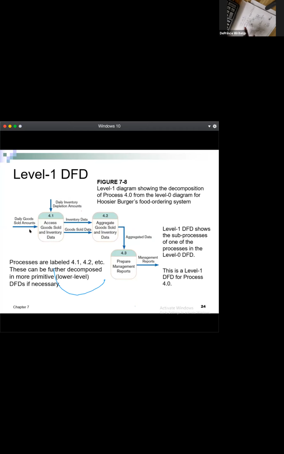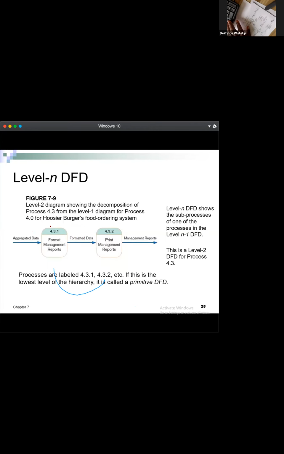You can also break this down into DFD level 2 if you feel some processes can be broken down even more. Example, repair management report. This is what was done here. DFD level 2. You see, this repair management report now has changed from